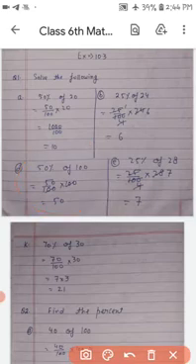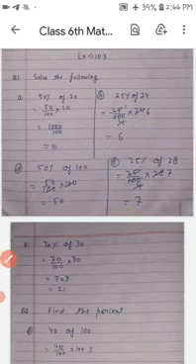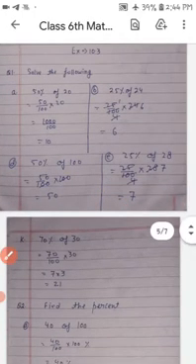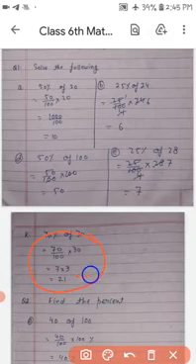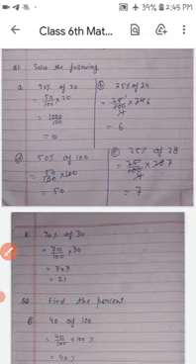Now 50% of 100. Now 50 upon 100 multiplied by 100. 100 cancel. Answer comes to 50. Part E, 25% of 28. Now 25 upon 100 multiplied by 28. Here cancel out the table of 25. 4 twenty-fives are 100. Now 4 sevens are 28. Now the answer comes to 7. Part F, 70% of 30. Now 70 upon 100 multiplied by 30. Now zeros cancel. Now 7 threes are 21 is the answer.